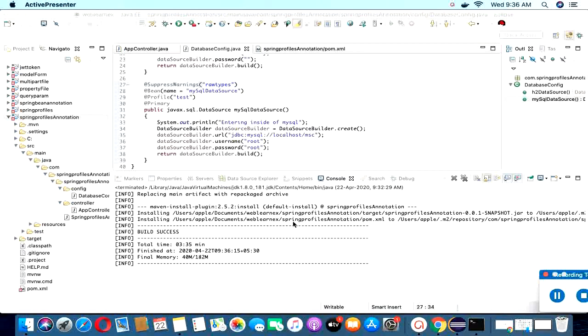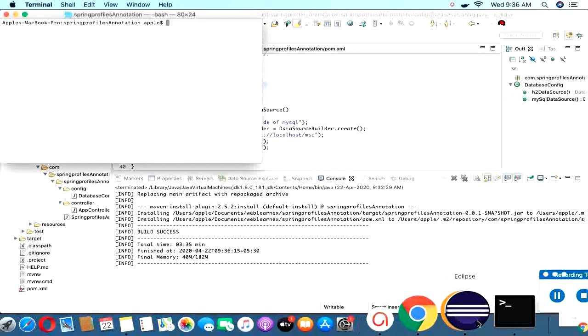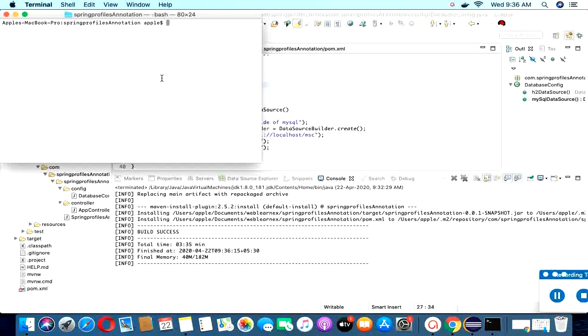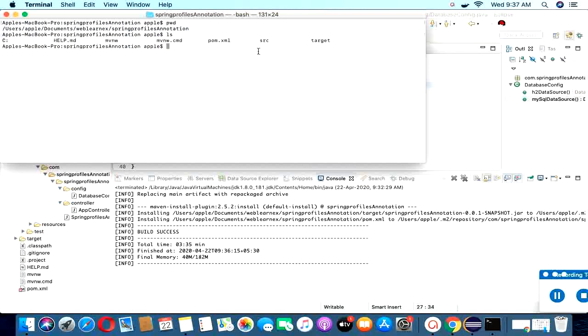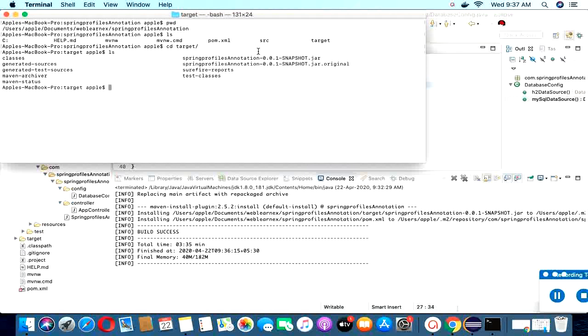Let me deploy. I'm going to open my terminal and deploy with the command prompt, not from Eclipse. With pwd, the path would be your project path where you have configured your project. You need to enter the target folder because the jar is automatically created inside the target folder. You can see here it created one jar, this one.